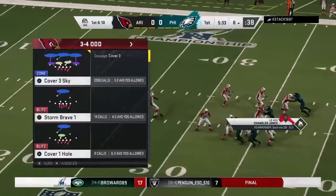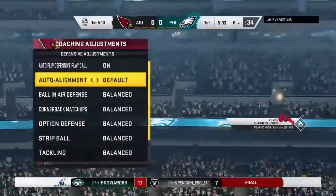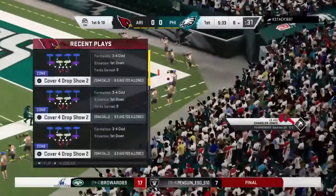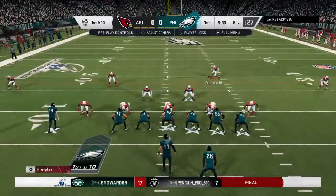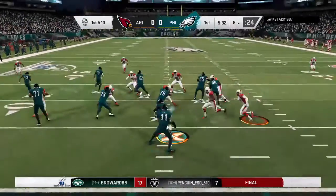The field position game, such an overlooked facet, Charles, of an NFL game, but this offense, they're going to be pinned back. What an ideal punt. An ideal punt, and it leads to that term complementary football, because them doing that puts their defense in a great spot, doesn't it? Gives them a chance. If they want to be aggressive, try and maybe get a safety out of this whole thing,